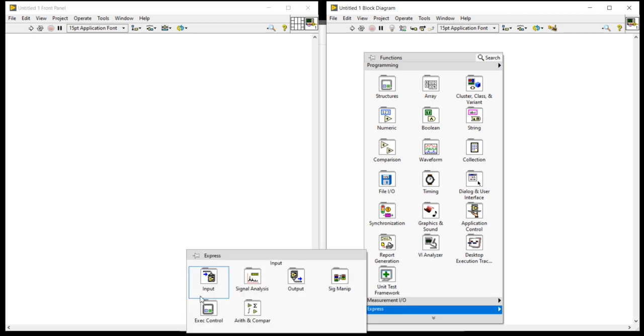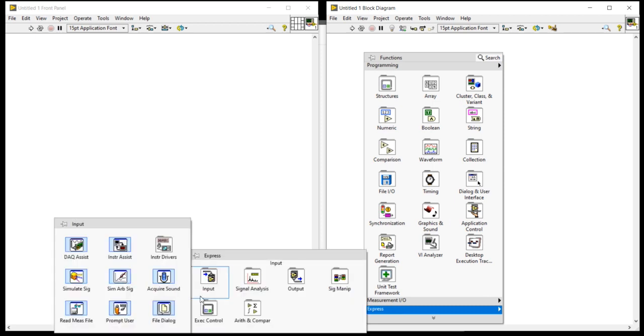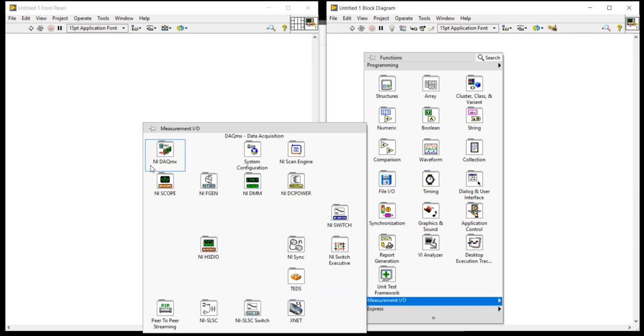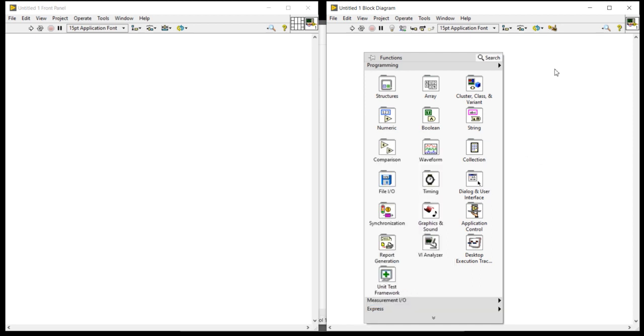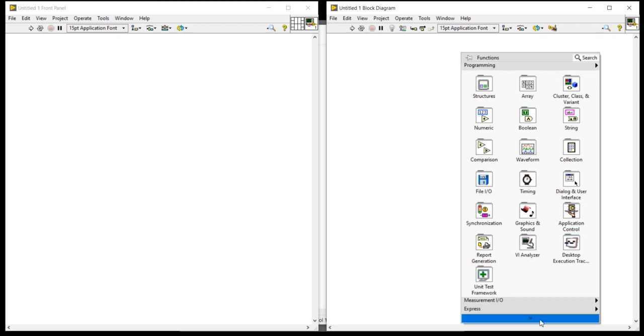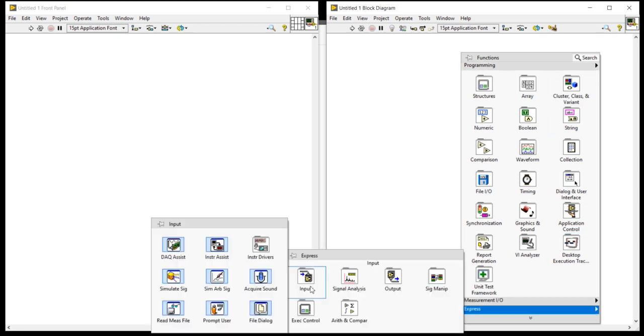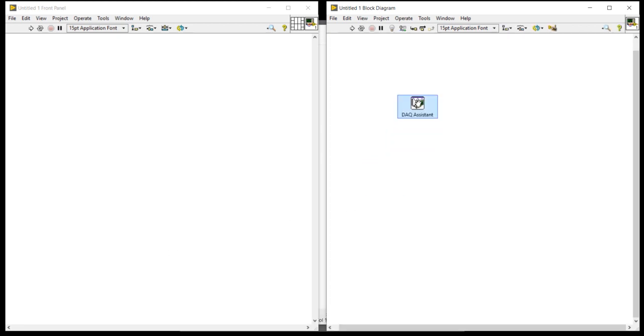In this Express, you will find Inputs. The first one is DAQ Assistant. You can also take this DAQ Assistant from NI DAQmx. Right click, come into Express, take Input, take DAQ Assistant and place it there.